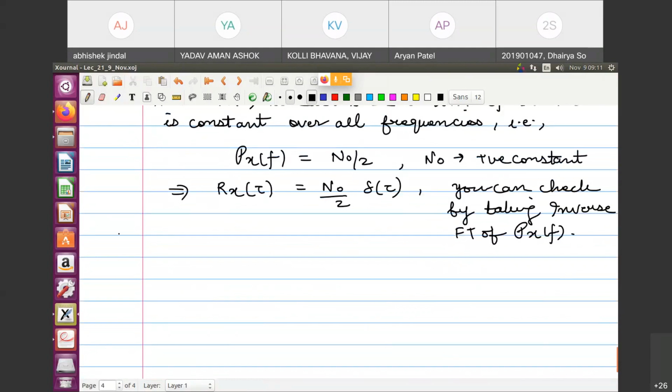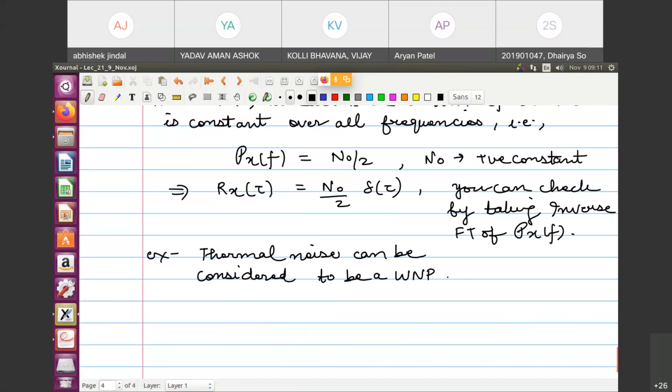Now, let us take an example. Thermal noise, which is generally in the circuit. With this background, if you go back and study Haykin's book, in chapter 2 the author gives you shot noise and thermal noise. So now you will understand what he means. If you read the description there, thermal noise can be considered to be a white noise process